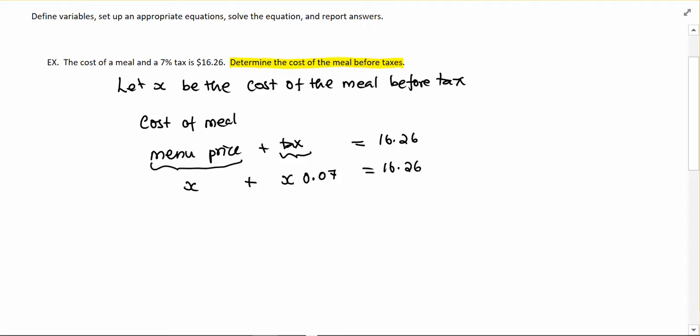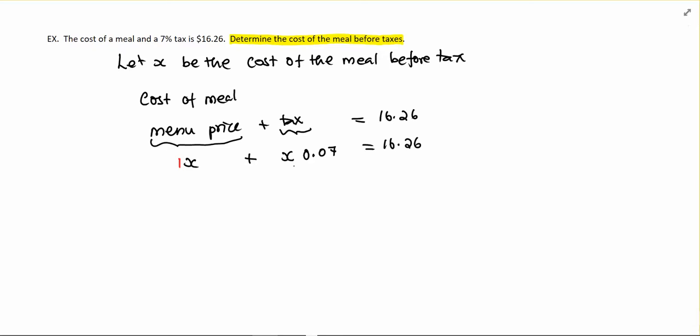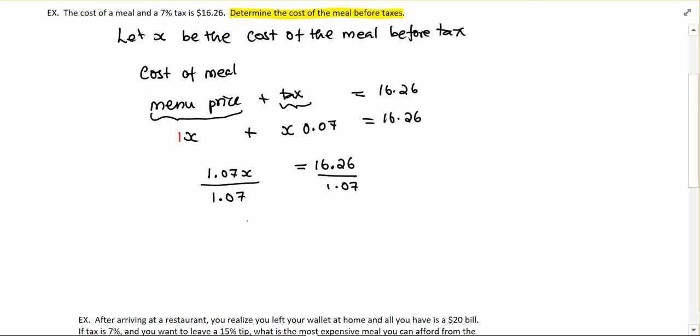So now we have a little equation. Remember that there is a 1 here in front. And so let's combine like terms. You're going to simplify first to solve these equations. So that's 1.07x is equal to $16.26. And to get x, we divide by 1.07 on both sides, and we get x equals to, let's see,